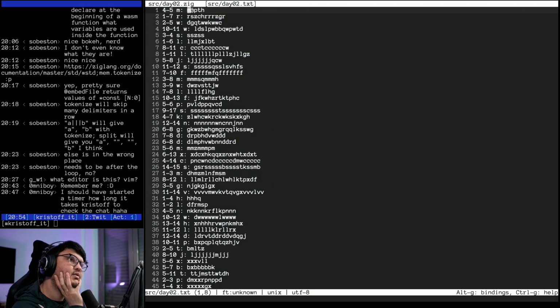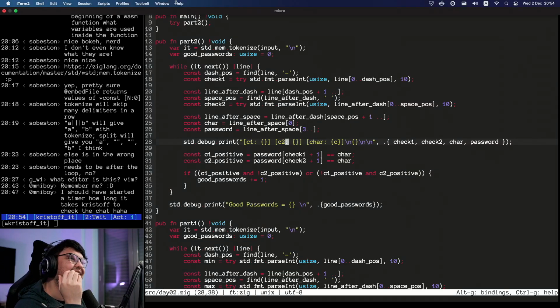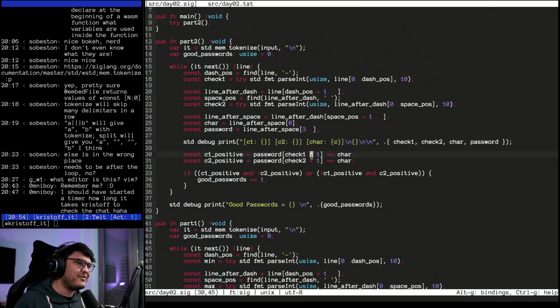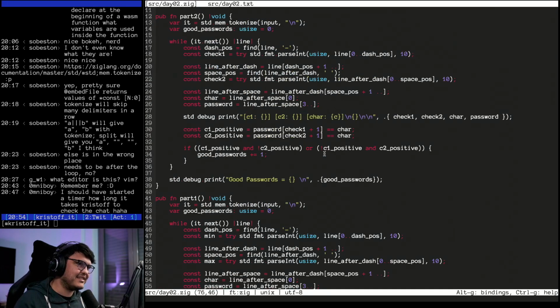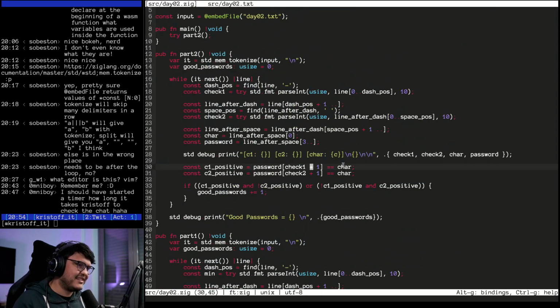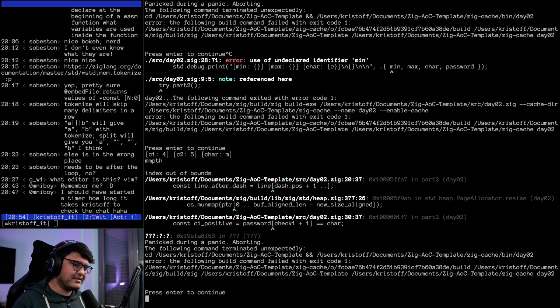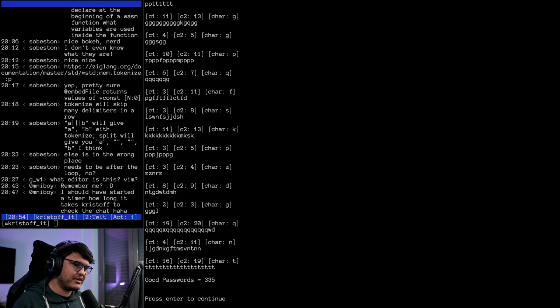So position 1 into. Oh, you know what? I'm an idiot. I'm a complete idiot. Okay, I found what the error is. Why am I doing +1? This has to be -1. There we go.